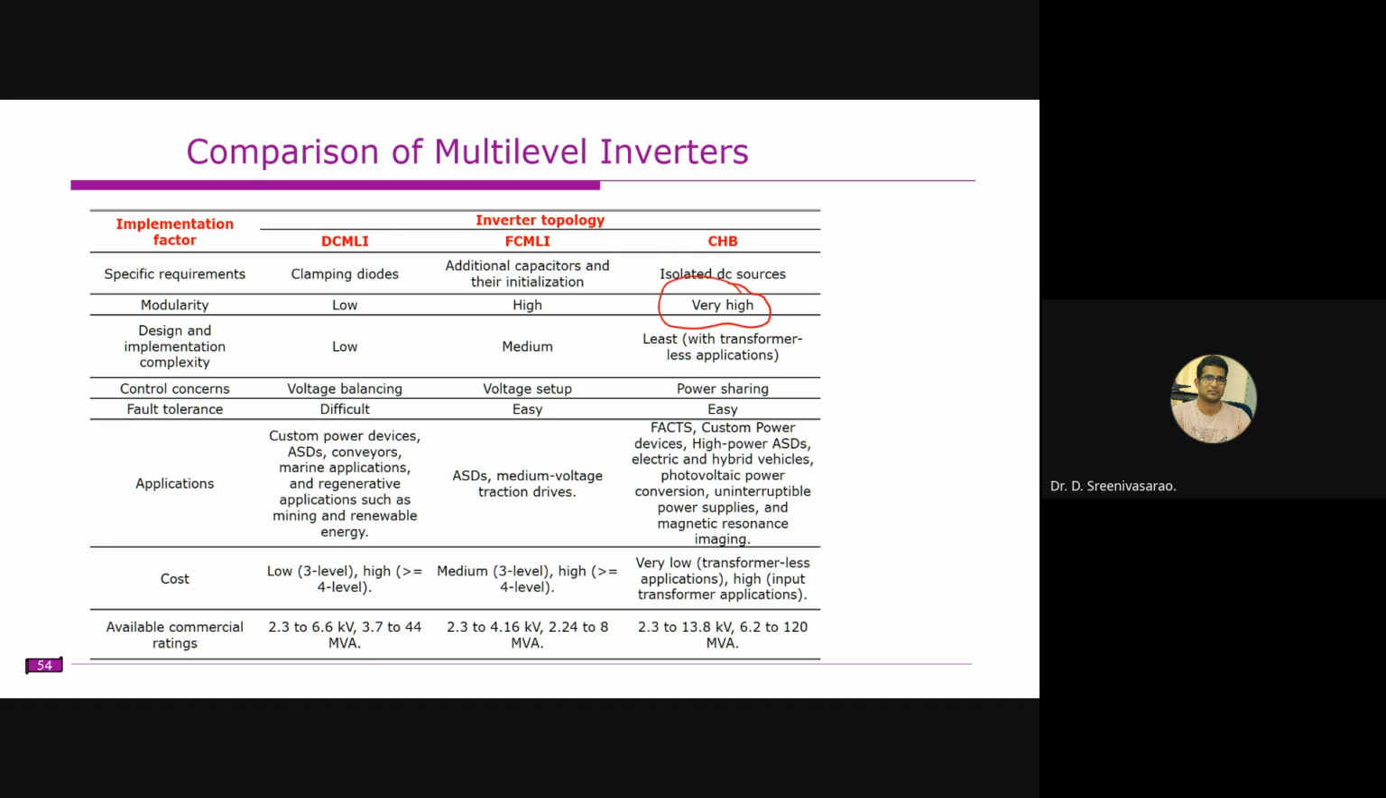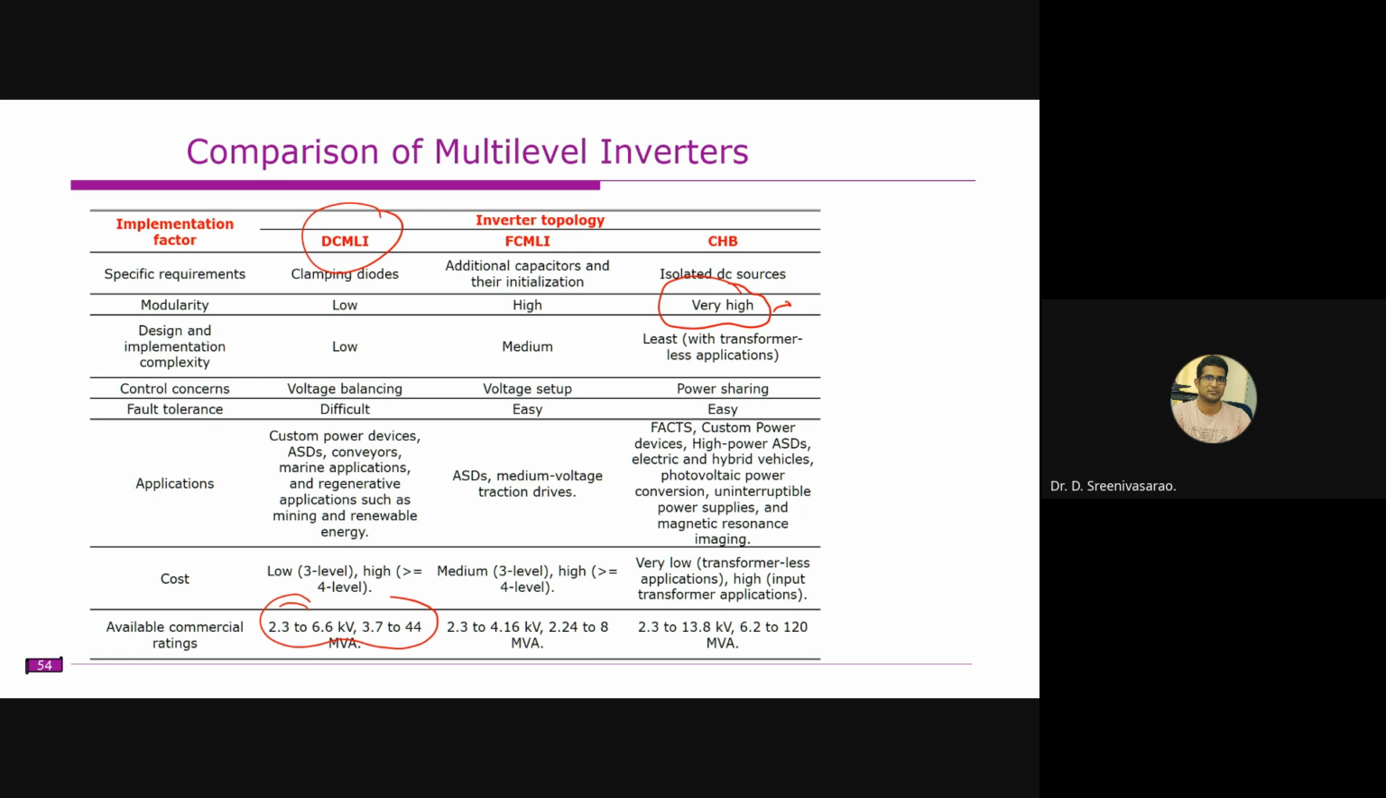So cascade H bridge, with modularity, is very high when compared to that. So that is easily scalable. We can increase the number of levels. If you want to increase one more H bridge, you can add it in all phases. So that will increase the capacity, right? And applications, as we discussed, for low power applications like low voltage applications, this diode clamp is a good option,